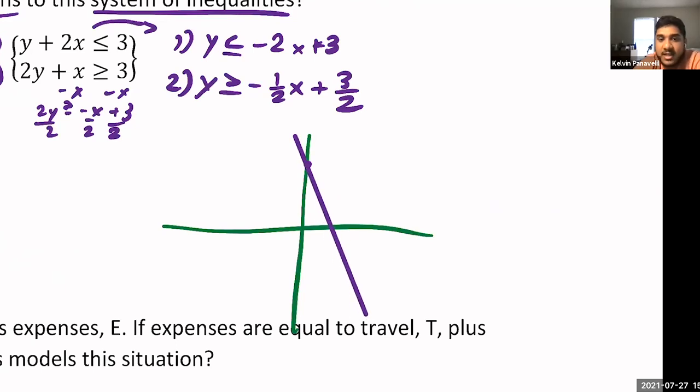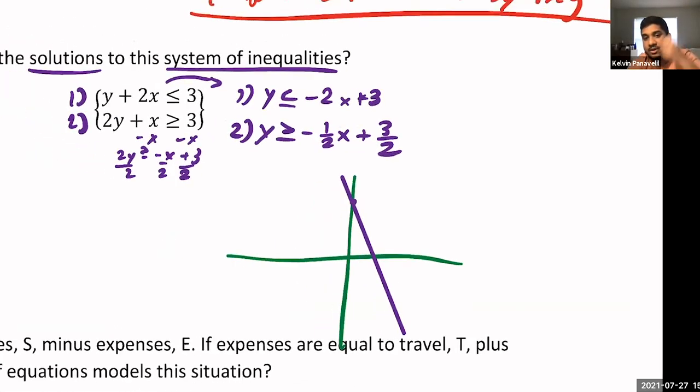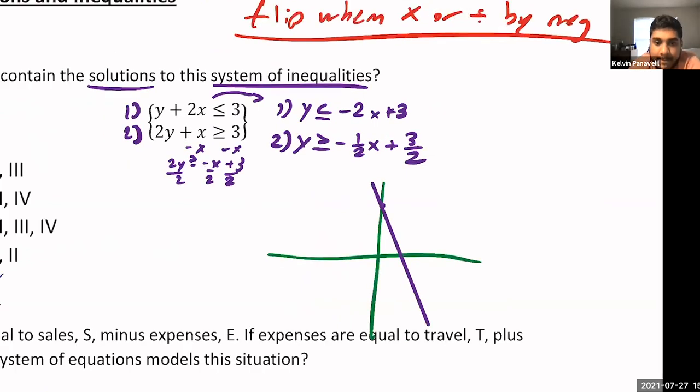Perfect, right? And a solid line is for greater than or equal to, or less than or equal to. If it was just greater than or less than, it would be a dashed line, right? And then, guys, are we shading above or below? A or B in the chat? A or B, above or below that line? That line that Dylan just drew, are we going to shade above it or below it?